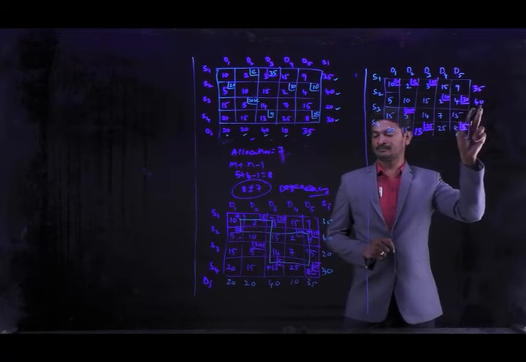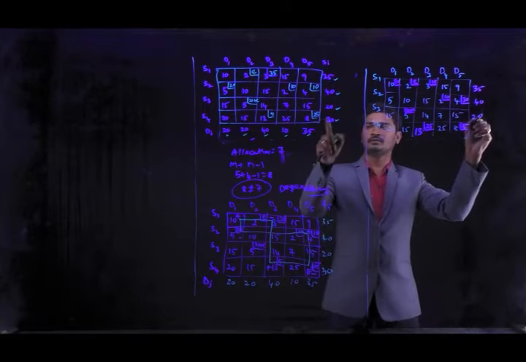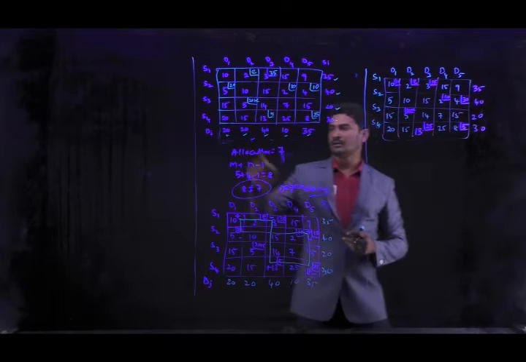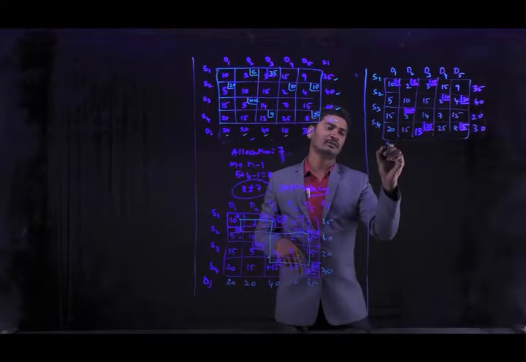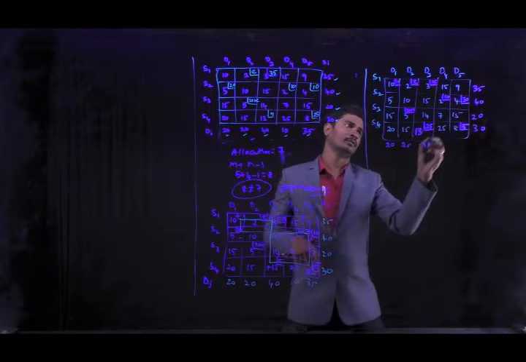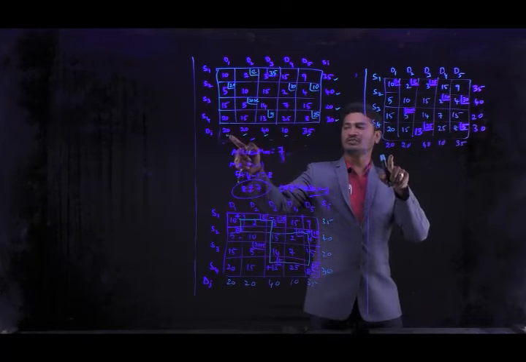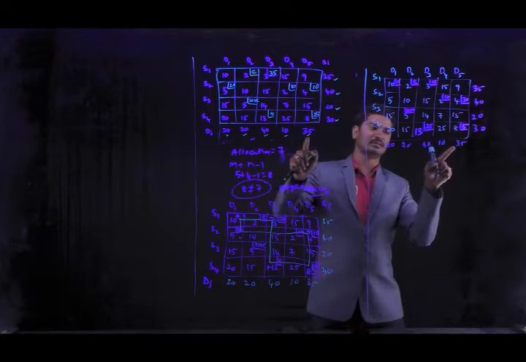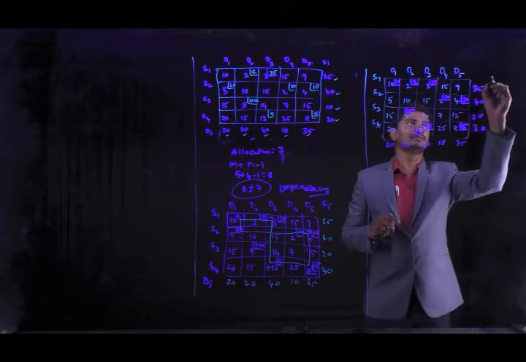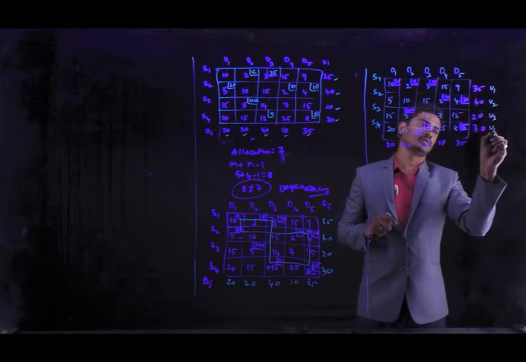Next, here 20. Next, 25, 5, 30. The supplies are satisfied. Next, coming to the demand, here 20. Next, here 20. Here 40, 10, 35. So we are going to cross-check 20, 40, 10, 35. Okay, it is satisfied. Now we are going to calculate the shadow prices U1, U2, U3, U4.